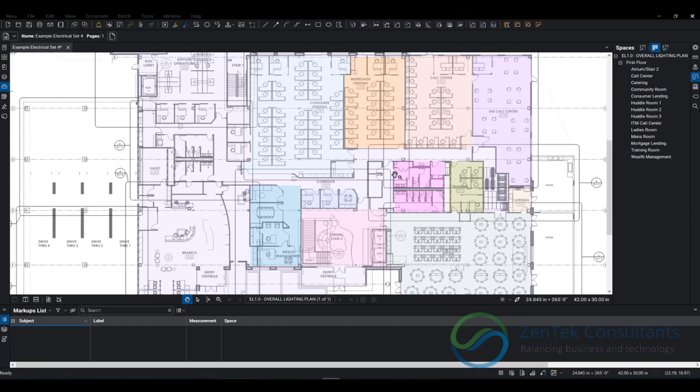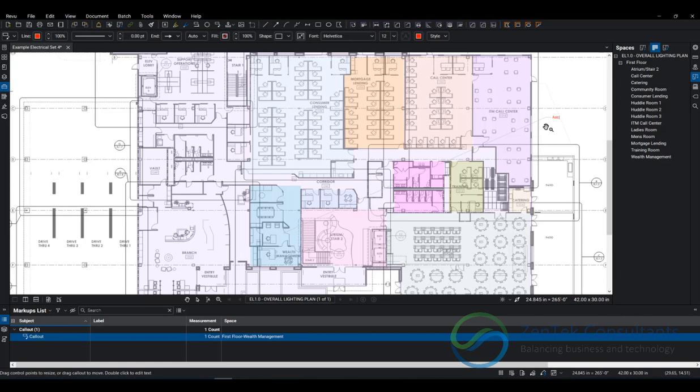So for starters, the very first thing that happens once you identify all your spaces within your plans is that any type of object that you create, whether it's a markup or a takeoff item inside of Bluebeam Revu, your spaces will identify where that is. Think of it in terms of placing a basic note, and I'm going to do that here. I'm just going to throw a basic note into this room. I'm going to drag it all the way over here and add a note right there. All right, so I add a note. Now, if you look down here in my markups, you see right away it's telling me where that note